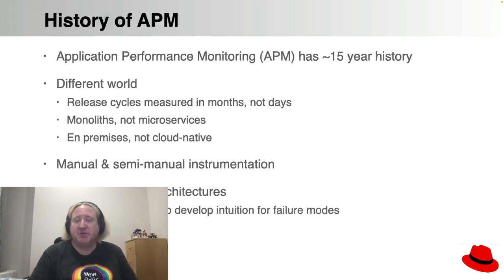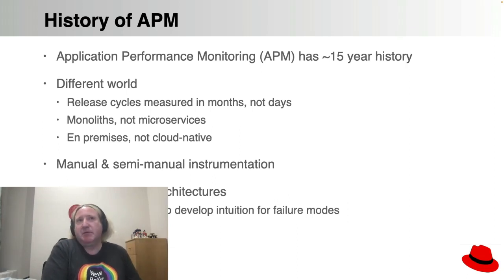And to put this into some context and kind of justify it a little bit, we can look back, I guess, 15 years. If we go back to 15 years ago, 2007 now, I guess, I was working at Morgan Stanley. We certainly had APM software that we were deploying into our production environments, and they were the first generation of those types of technologies, but they did exist 15 years ago, and we did get useful information out of them. But let's remember what the world of software development was like 15 years ago. It was a completely different world.